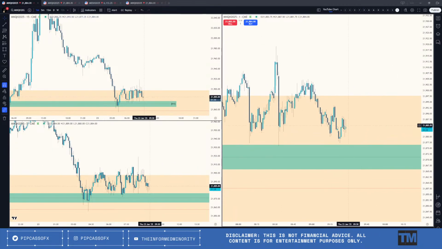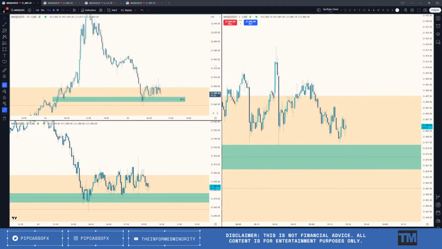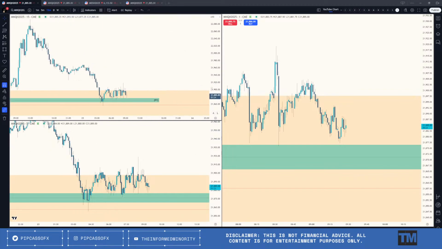So we'll see what we get here, and I'm sure you know, the entry strategy that I do is the breaker. That's my favorite one. That's what I look for, and I just look for everything to stack on top of each other, and then I take the trade if it's there.